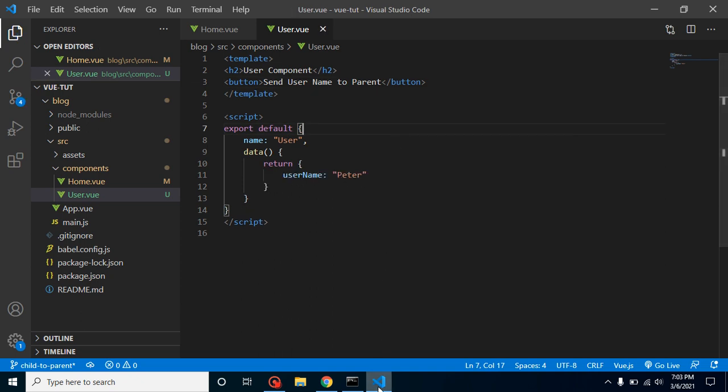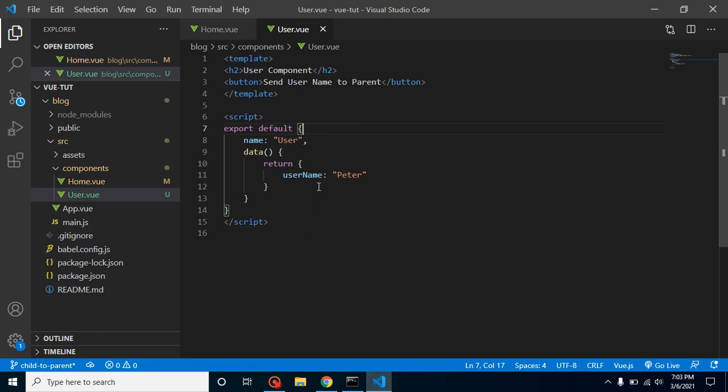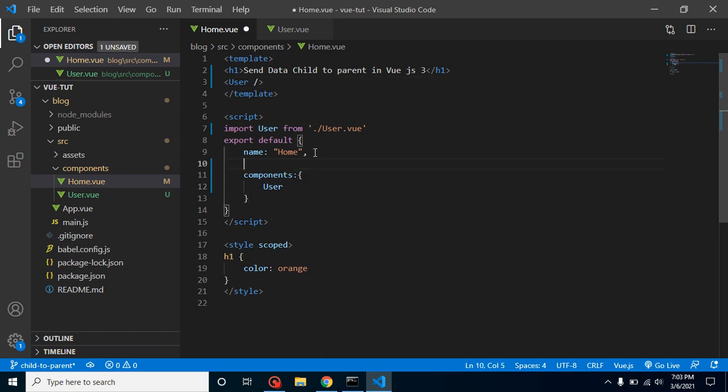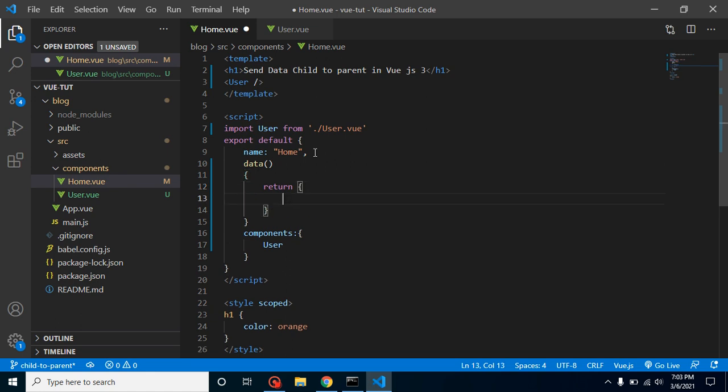So now what you can see here is, whenever I click on this, I want to send this data, this username, to my parent component. And I want to show it inside my template. But before that, I need two things. One, I want to define a property in which I want to get this data from the child component. So let me define here data, return, and let me define a name property, right?